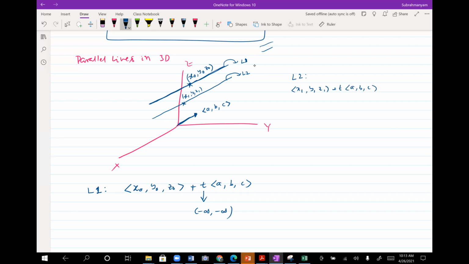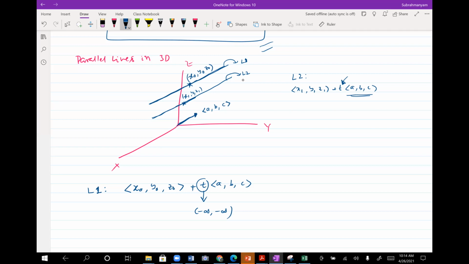So all you are saying here is you just need to pick one point on the line, and to that you simply add this vector. You move in the direction of the vector, and by changing the magnitude with which you make a move, or add this vector to that point, you will travel across this line. This is a 3D vector essentially that you are keeping at x, y, z. By changing that, you are moving this vector to that point, and you are either scaling it up or scaling it down. That scaling up and down is given by this t. That's all.